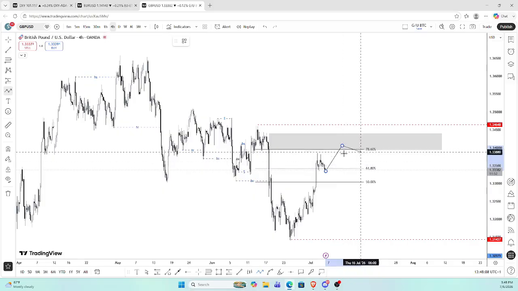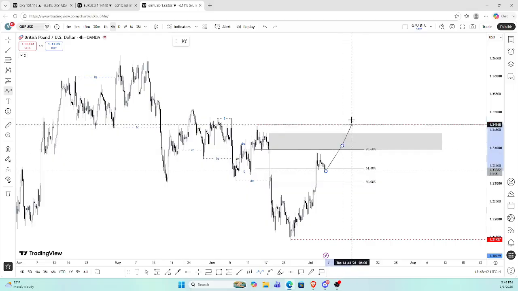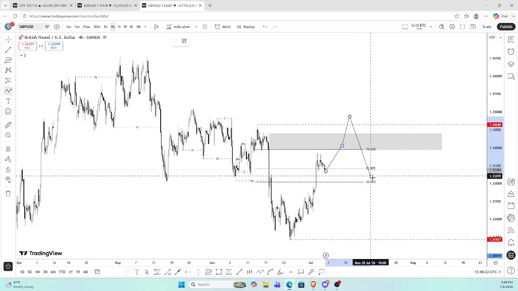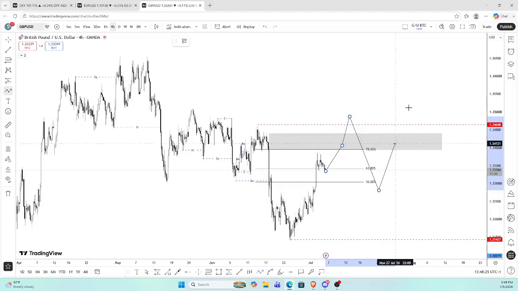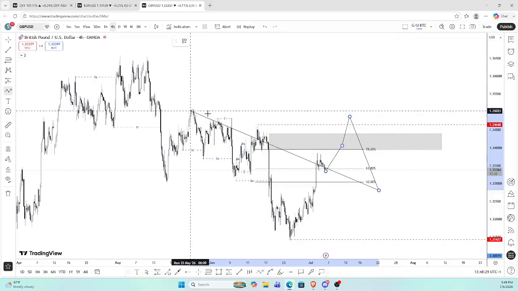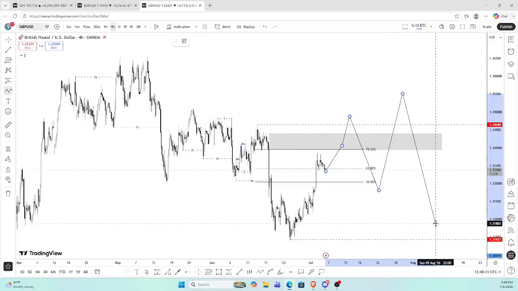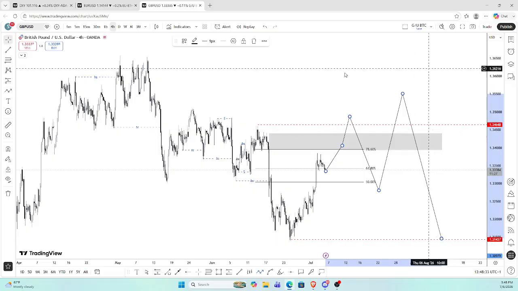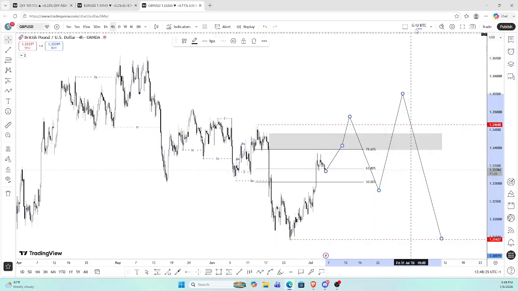weakness on this area around 78.6, and if we take this and if we fail to go lower around this area, and let's say we break structure to the upside, we can now look for further bullish continuation to at least take all this internal liquidity before we head lower. So that's my analysis on the 4-hour.